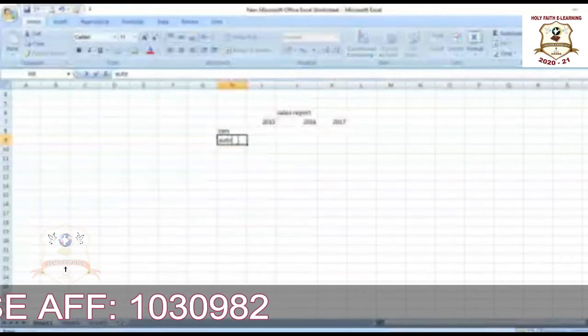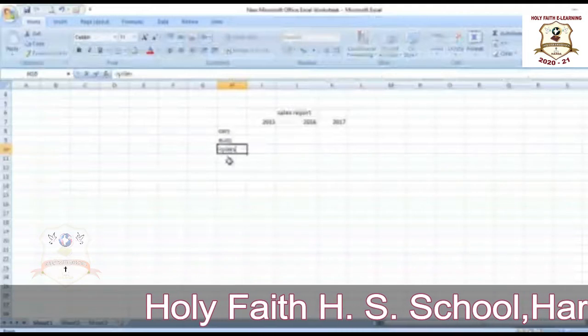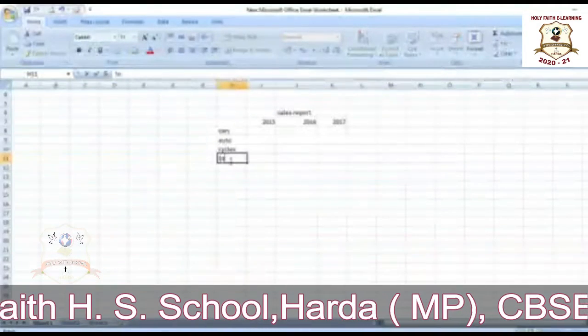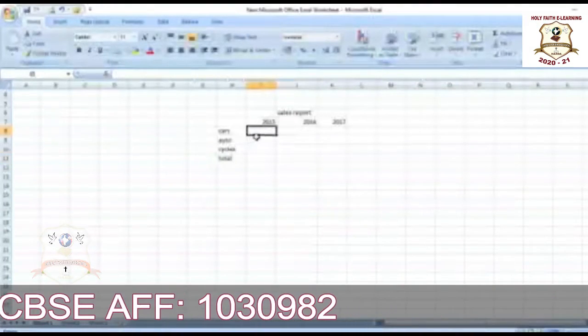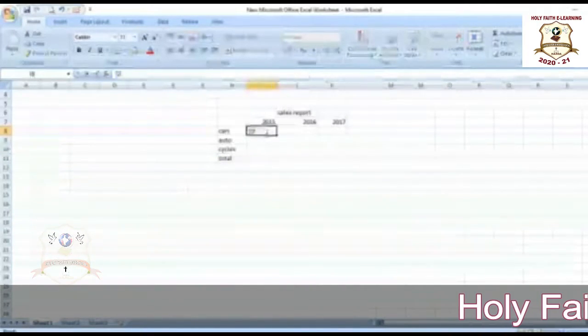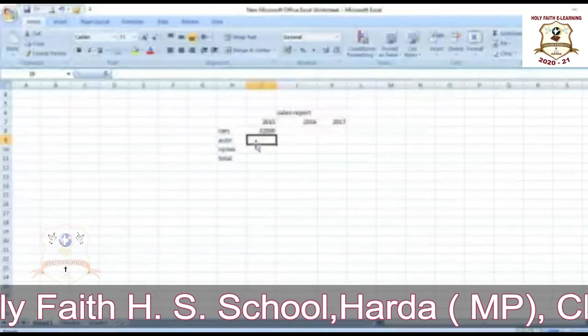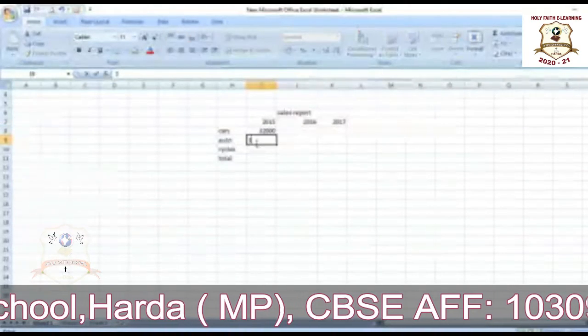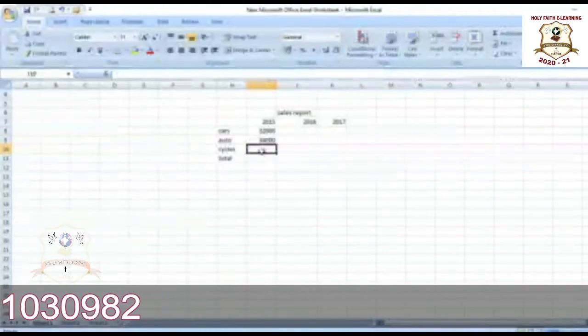Here enter the automobile names like cars, auto, cycles. And here write total. Then here enter the values, different amounts, like 32,000. Then auto 34,000, 22,000.